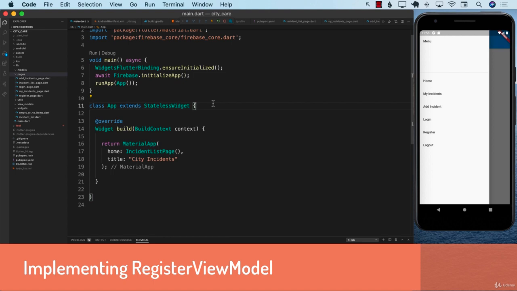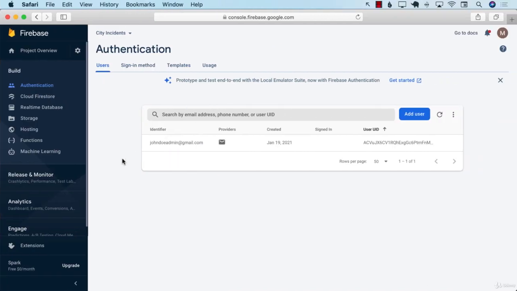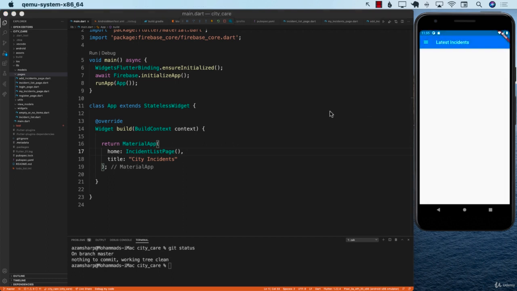All right, so now that we have enabled the authentication on the Firebase console, the next step would be to implement our register view model, since we are using the MVVM design pattern for our Flutter applications. The register view model will be responsible for capturing the information, the username, which is the email, as well as a password from the widget, from the UI, and then it is going to use the Firebase API to authenticate